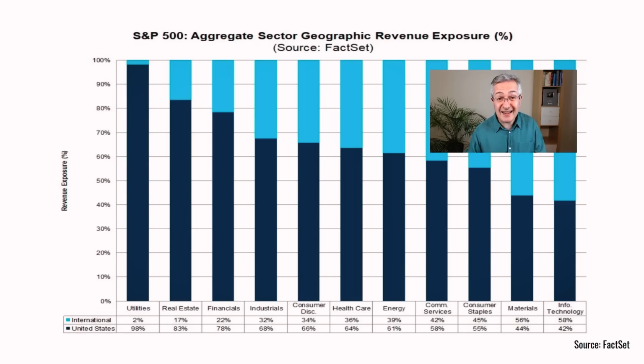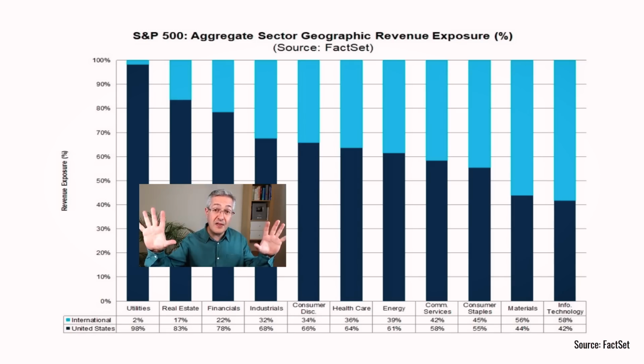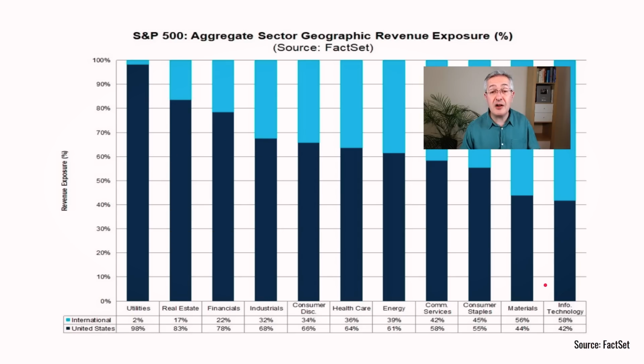If we look at sectors in the United States, they vary widely on how much of their revenue is generated outside the US, which is shown in light blue here at the top of the graph, and how much revenue is generated within the United States, which you can see in dark blue. So the sectors which are mostly domestic in terms of revenue generation are utilities, real estate, financials, industrials. And the companies which generate a lot of revenue outside the United States are information technology, that's companies like Netflix, but also materials companies, consumer staples companies, communication services, and energy. So really the impact that we expect to see from a strong dollar varies widely based on a company's sector.